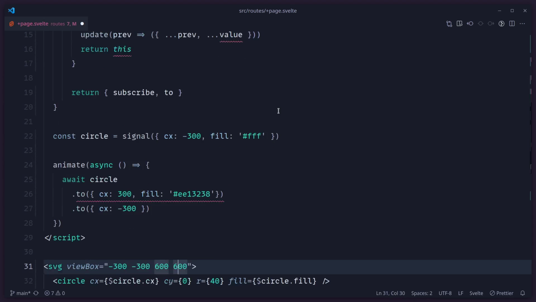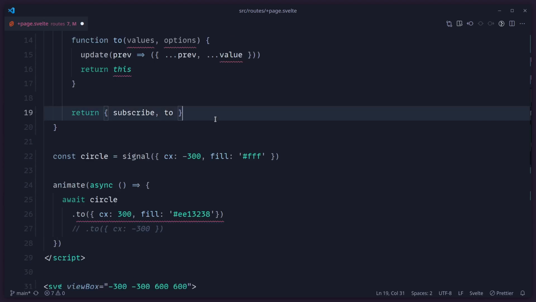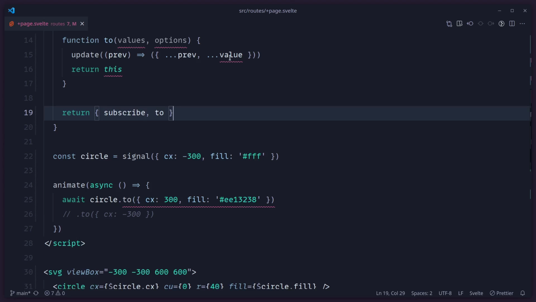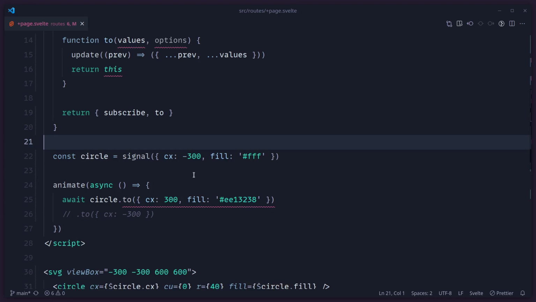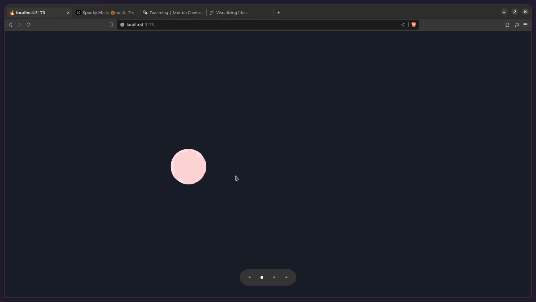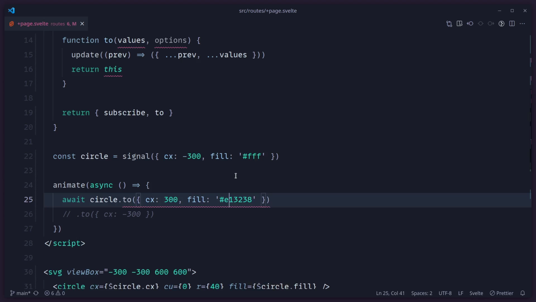So if I go here and comment this one out, the first animation is going to run because there is really no problem with that. And I also made a mistake here. It's not value, but values. So let me just save this and you're going to see this should work, right? But we have no fill and so on. Let me see what it is. I think I put in an extra E here. Okay, so this works as expected.